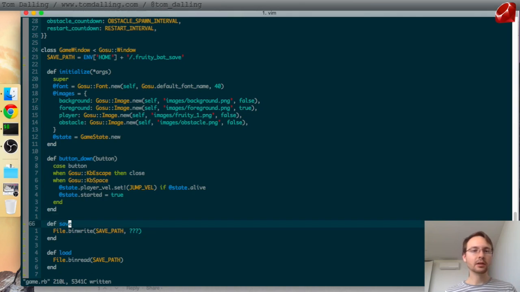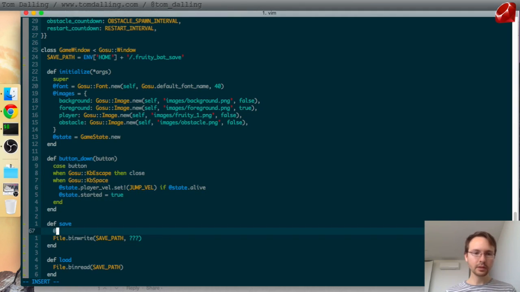So, like I said before, the @state holds everything that we want to write to the save file, but we can't just write it straight like this because it's not a string. binWrite expects a string, so somehow we have to get state to be a string so we can write it, and that process is called serialization, where you take a data structure and you turn it into just a blob